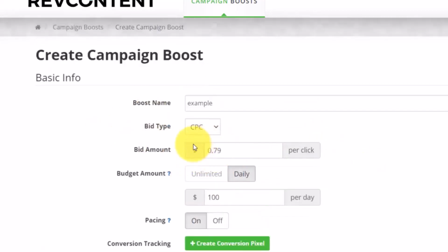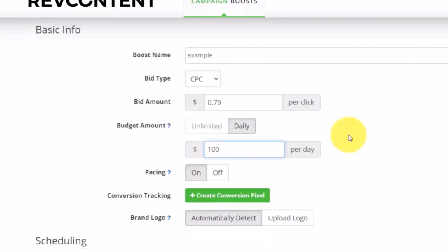For those who don't know the essence of this bid amount, the higher your cost per click, the more traffic you are going to get to your CPA offer, or should I say your landing page. Okay, so if you have a lower cost per click, then you won't get much traffic. So it's always reasonable to increase your cost per click, like I said, at least 1/3 of the payout of that offer. So once you have that done, you can set the amount you want to pay per day for